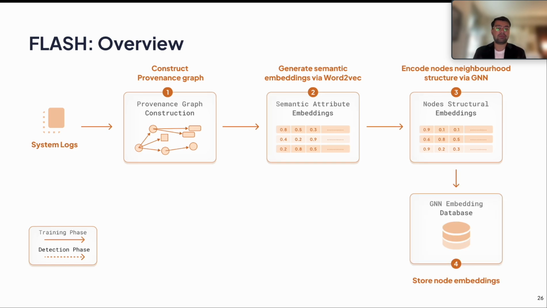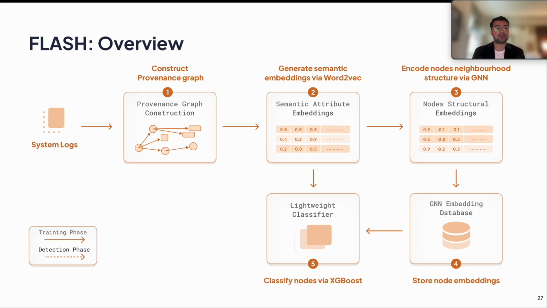These structural embeddings are then stored in a database for use during runtime. Then Flash uses the semantic features and the stored structural embeddings for training the lightweight classifier model for